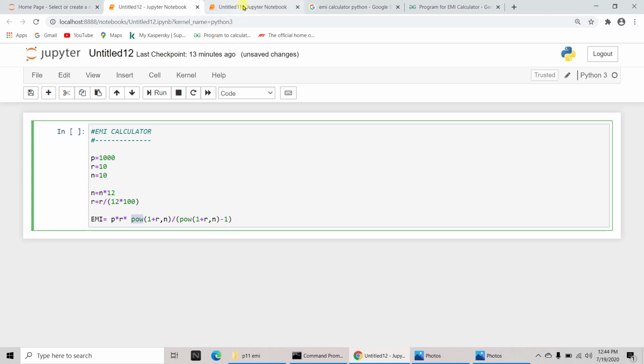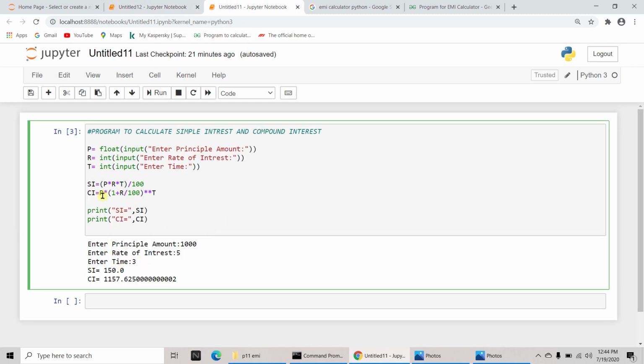What I mean is, if we go back here, this is the one where we have calculated compound interest. I can write the same thing. Let me write here power. So to the power of t, I can pass it as a parameter. Power is a method. Close this bracket. Now see, this is 1 plus R by 100 to the power of t. We are calculating power, so this to the power of this.